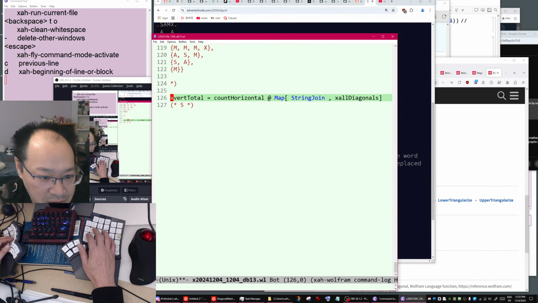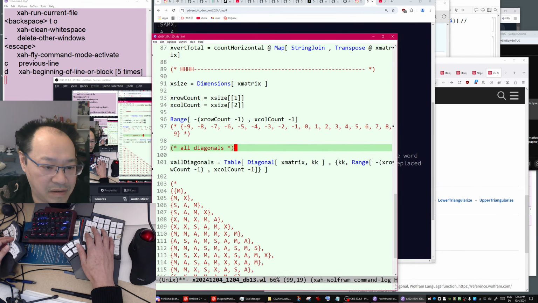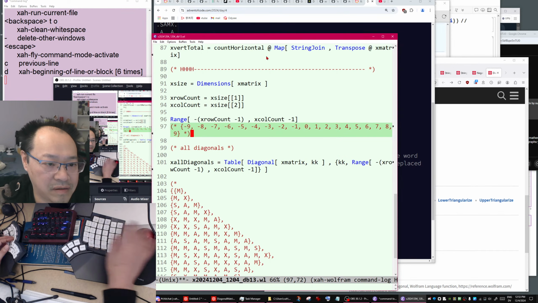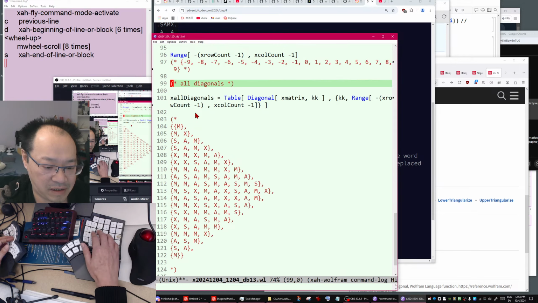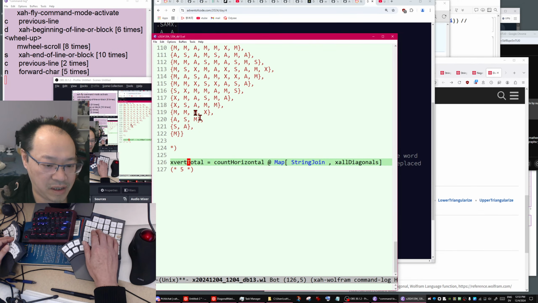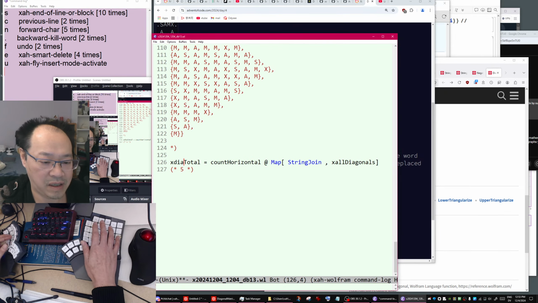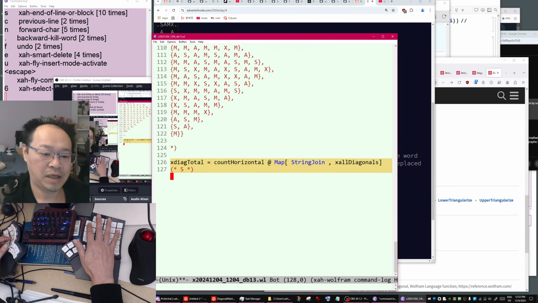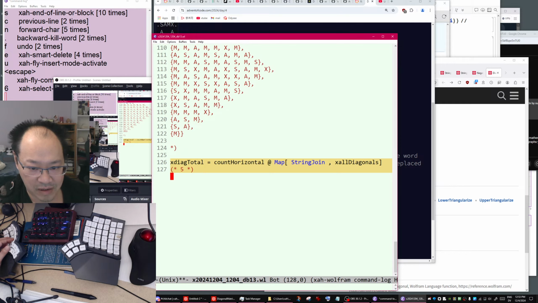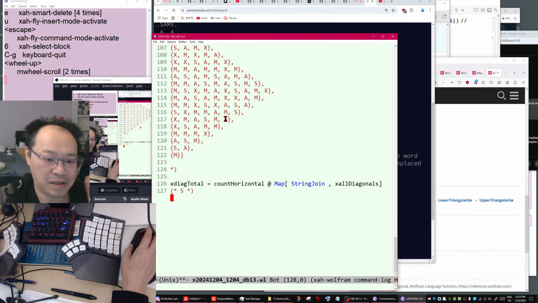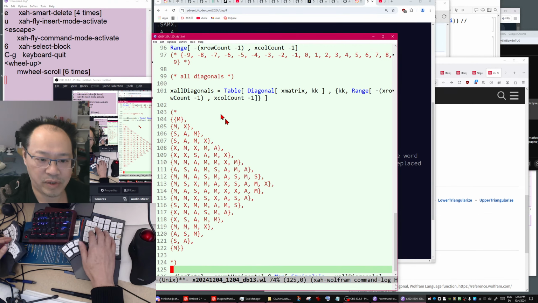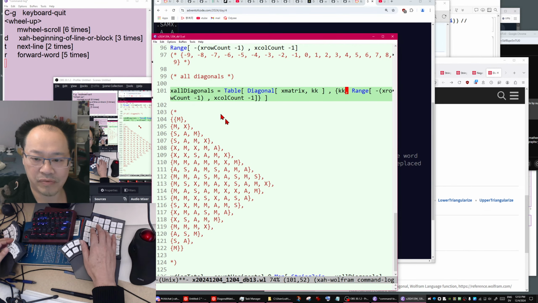And wait, this is not vertical. Okay, so this is diagonal. Horizontal, vertical. Okay, so this needs to be renamed. DIAG. Okay, and what about reverse diagonal? It's the same thing, except we just add a transpose function here.